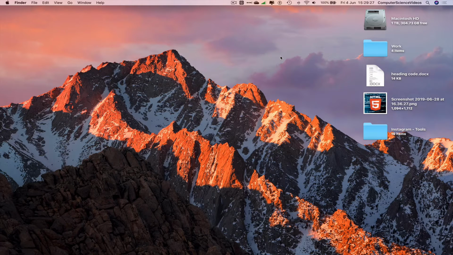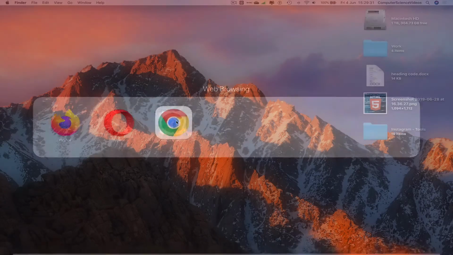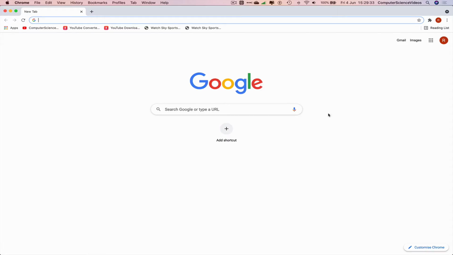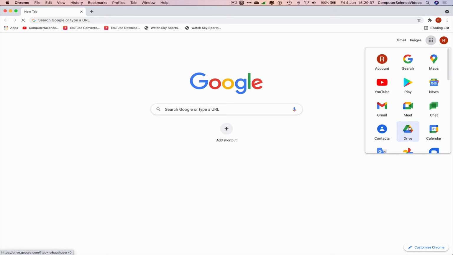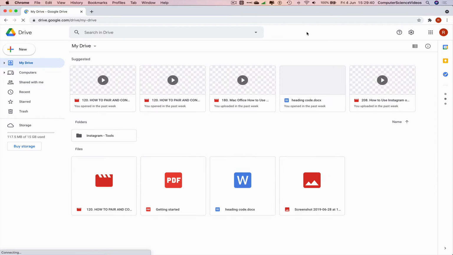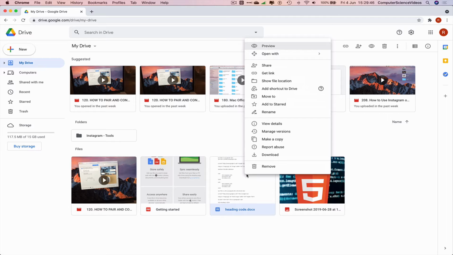So we can now go all the way down to the dock, go to Launchpad, go to Google Chrome, make sure you are signed into your Google account. Now click on Google Apps, go to the Drive. Now I see a document that says heading code .docx. Right click the document. Let's now rename